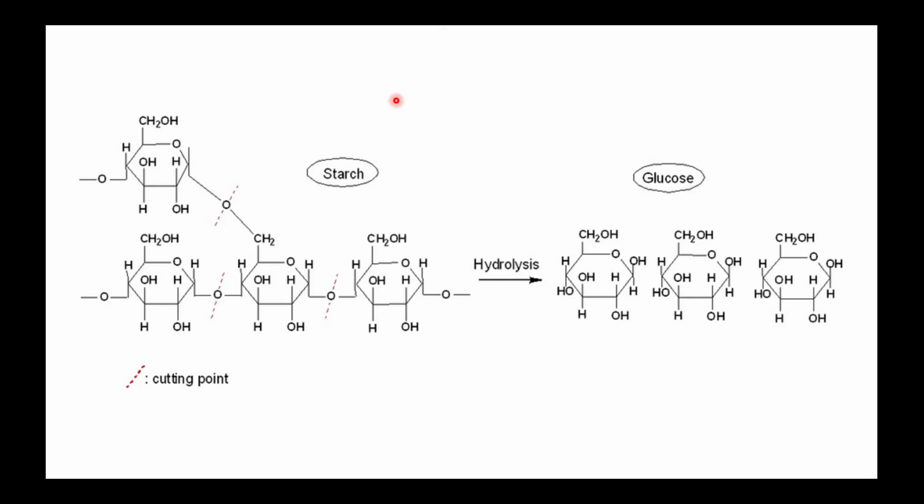So this is how a starch molecule looks. So these are the alpha 1,4 linkages, and these are alpha 1,6 linkages. That is a different linkage. So both of these linkages are broken down. So the breaking of these bonds is called hydrolysis of these bonds. Why hydrolysis? Because H2O is involved in the breaking down.